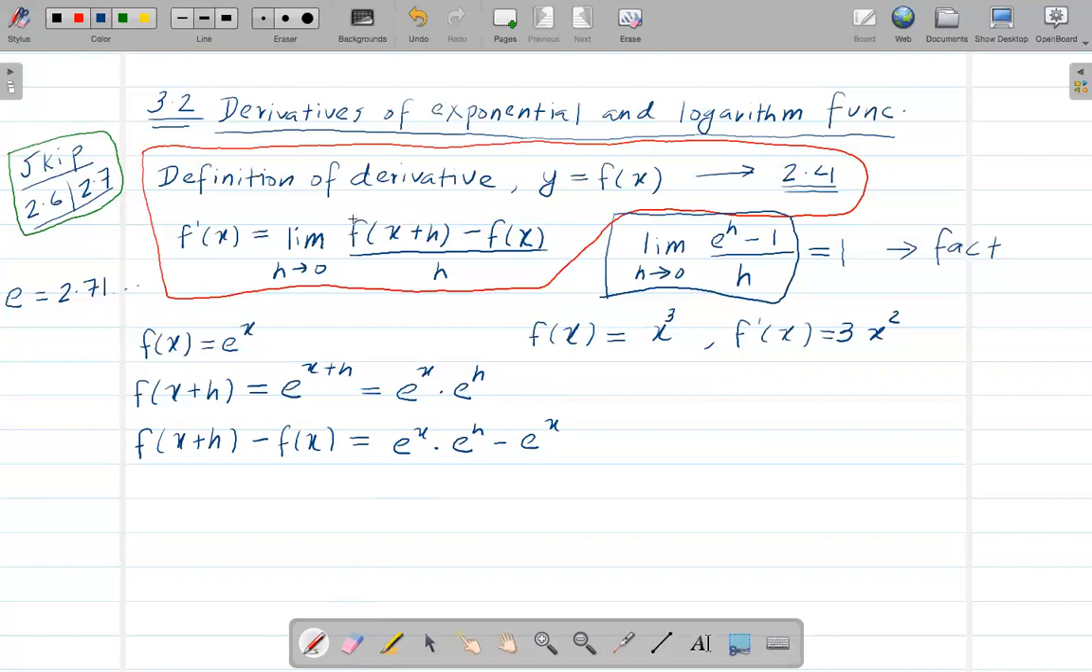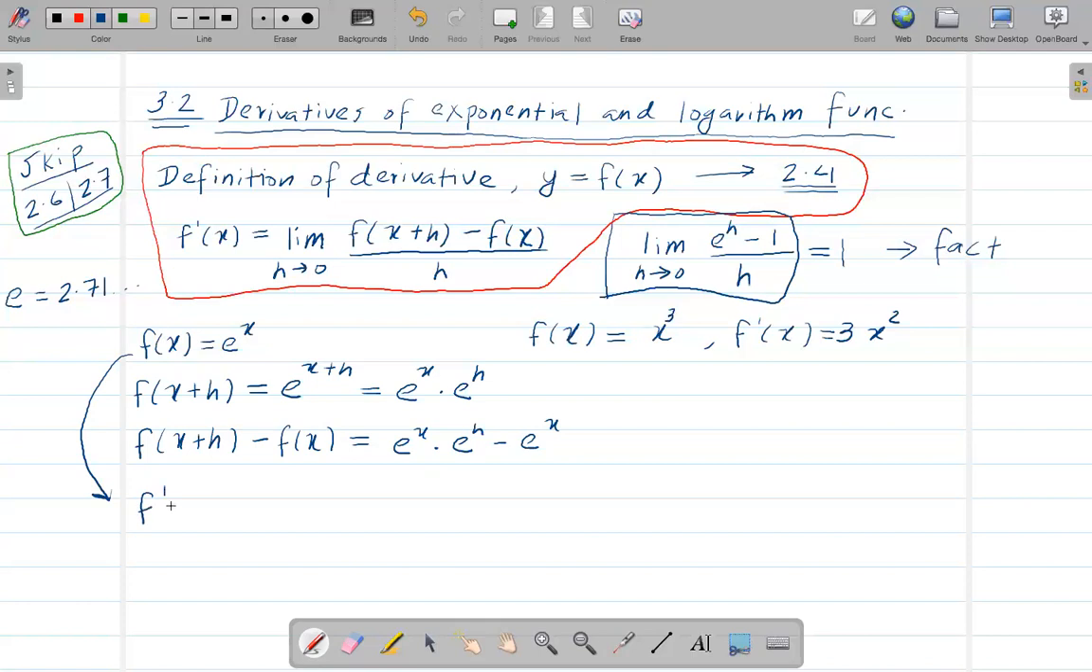All right, so we got this whole thing. Now, on the denominator, we just have h. So now let's take the limit of this whole thing, which will give the f inverse of x. So now let's use this whole thing. Now the derivative of